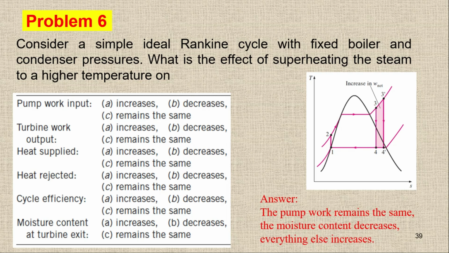So normally what we do, as we already discussed in the class, is that there is a limit to decreasing the condenser pressure, which is around the saturation pressure of the condenser temperature. For the superheating we have a limit that we go up to around 620 or 630 degrees due to the involvement of the material, because the material can be ruptured or can melt by increasing the temperature. And when we are talking about the boiler pressure, again